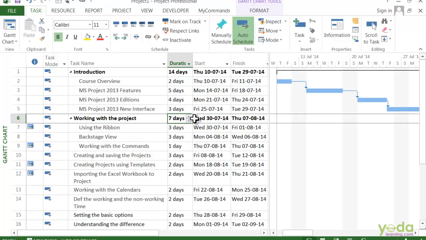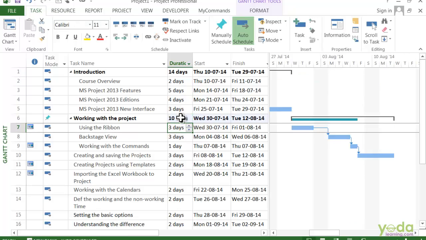So let's say your manager gave you 10 days to work on. Type in 10D here, or you can use the spin button. You'll see a couple of things. The black bracket shows the amount of time that you have typed in, and the duration field is set to 10 days.